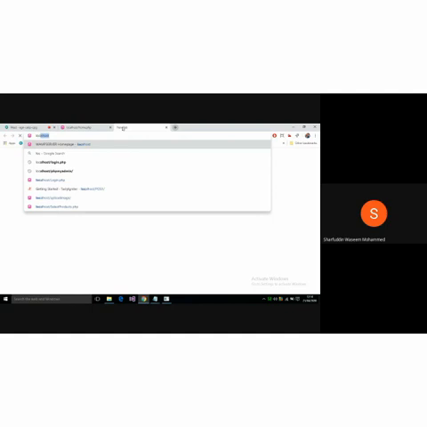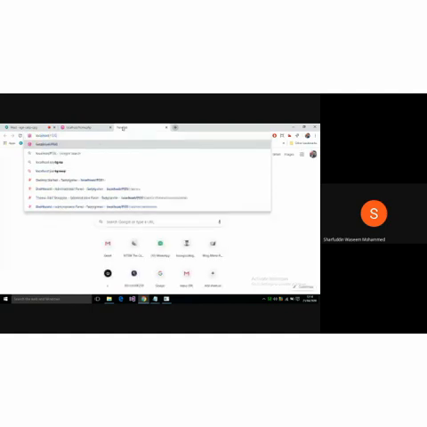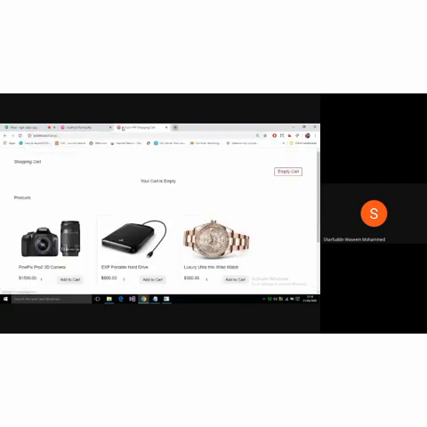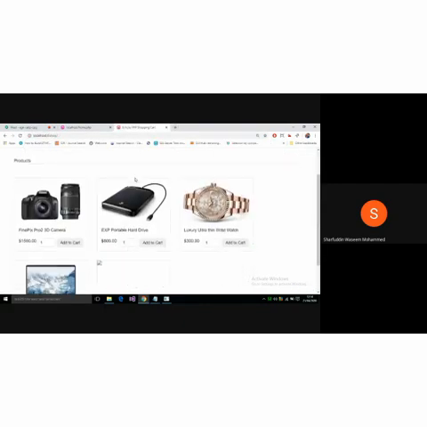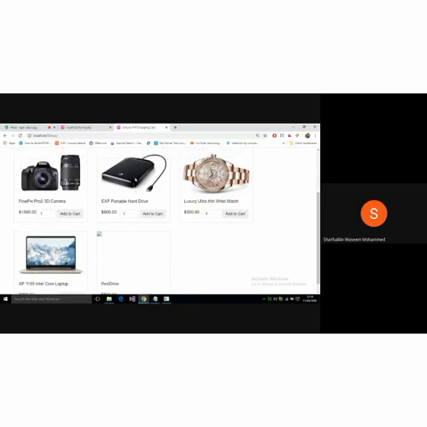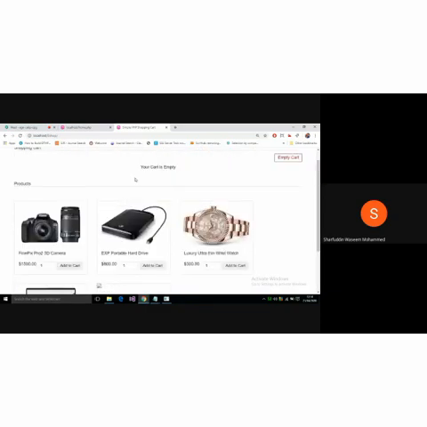It looks similar to this, localhost slash eShop. In the last class I demonstrated this. This also uses cookies and sessions to store the values.